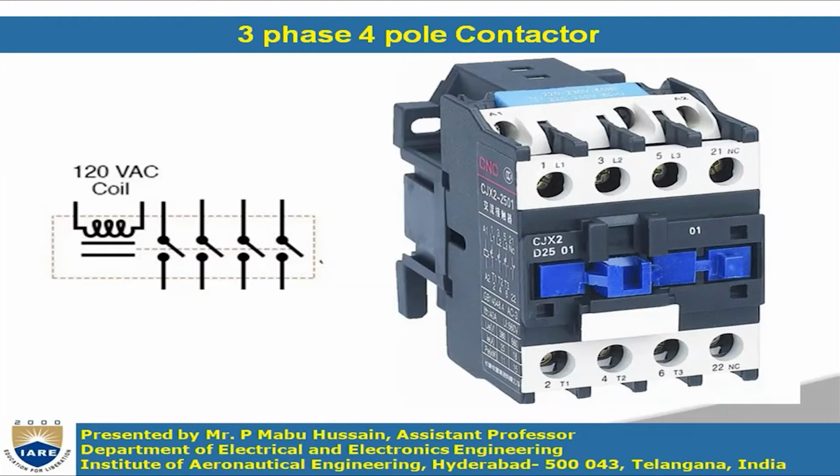Okay, so now see how this contactor will work. Whenever you give the supply to this coil, either 24 volts DC or 120 volts AC or 220 volts AC, the coil will be magnetized, and it will pull one plunger inside it, and it will close all the four poles here. So whenever you give the supply, all these four poles will be closed. Right, this is the operation of the contactor. This contactor is the main device in the DOL starter.